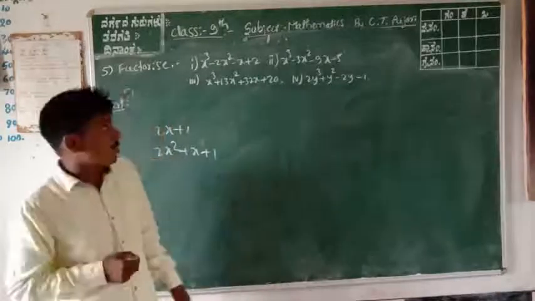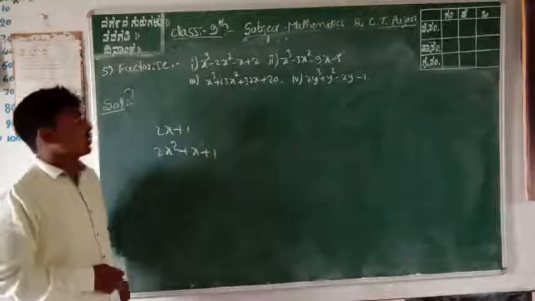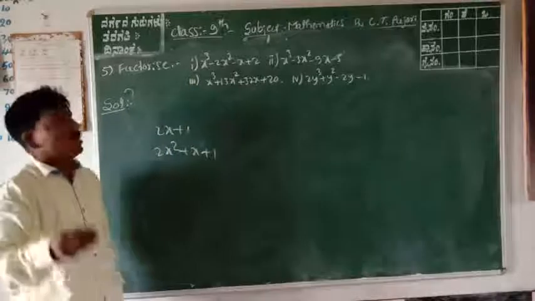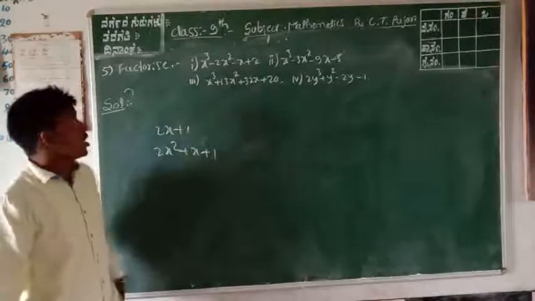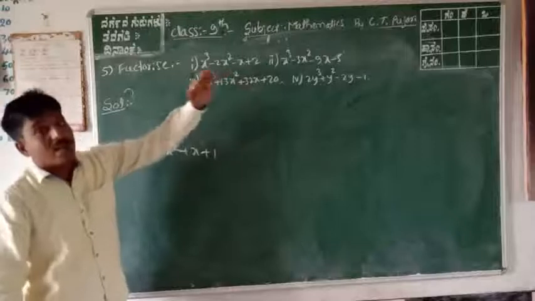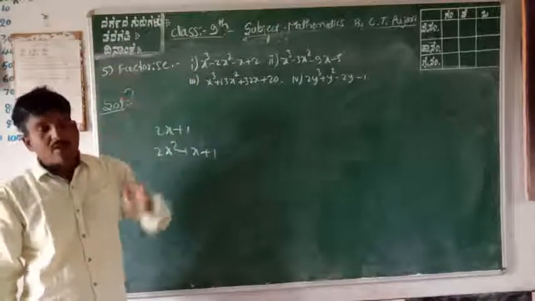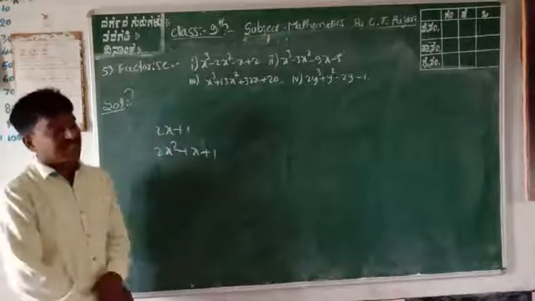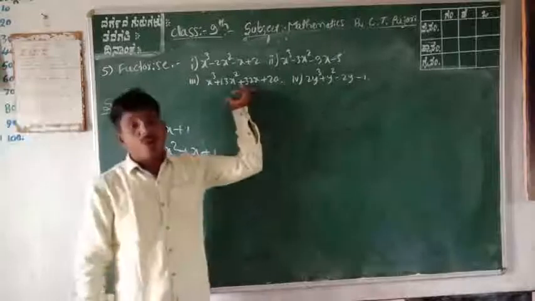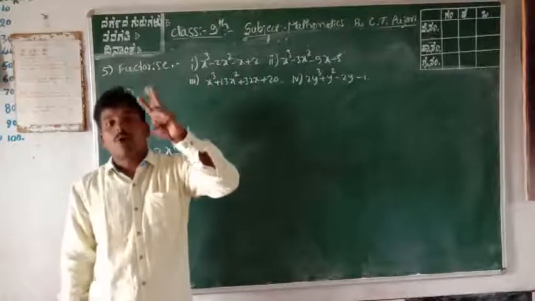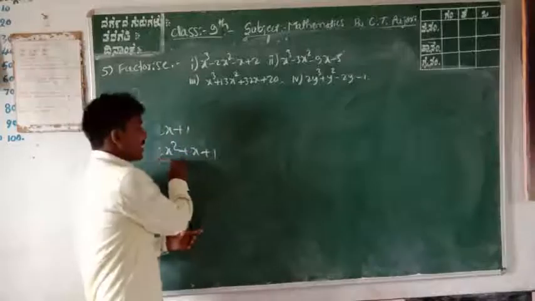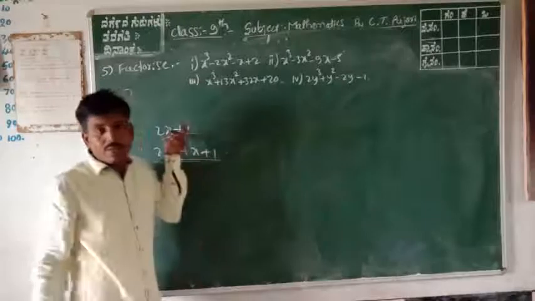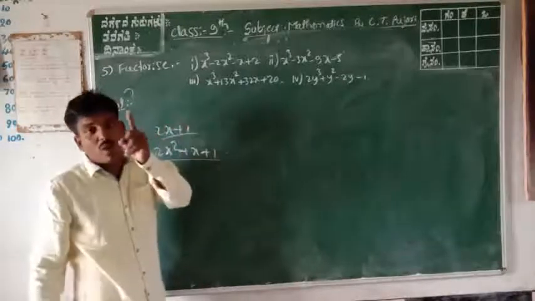That lengthy process is also important. This question is most important in your examination, a 3 or 4 marks question, and also most important for your career and in competitive examinations. Find out the factors. Maybe a cubic polynomial has 3 factors, a quadratic polynomial 2 factors, and a linear polynomial only one factor.